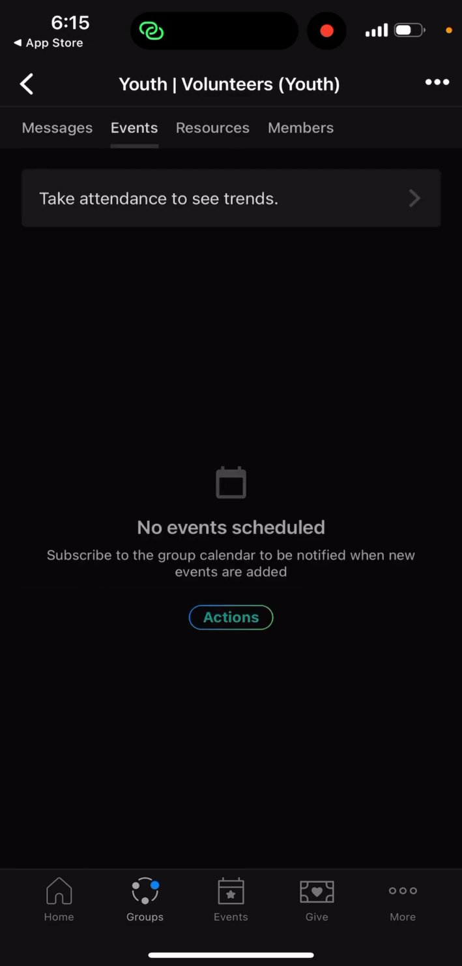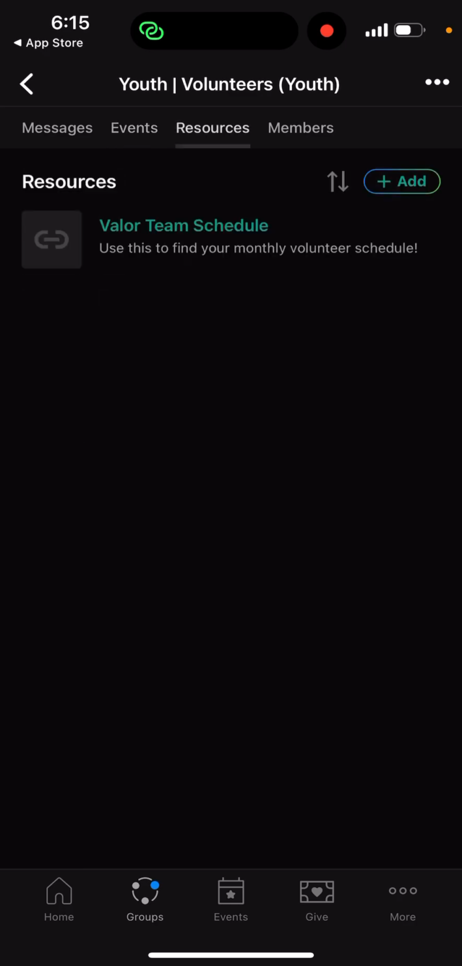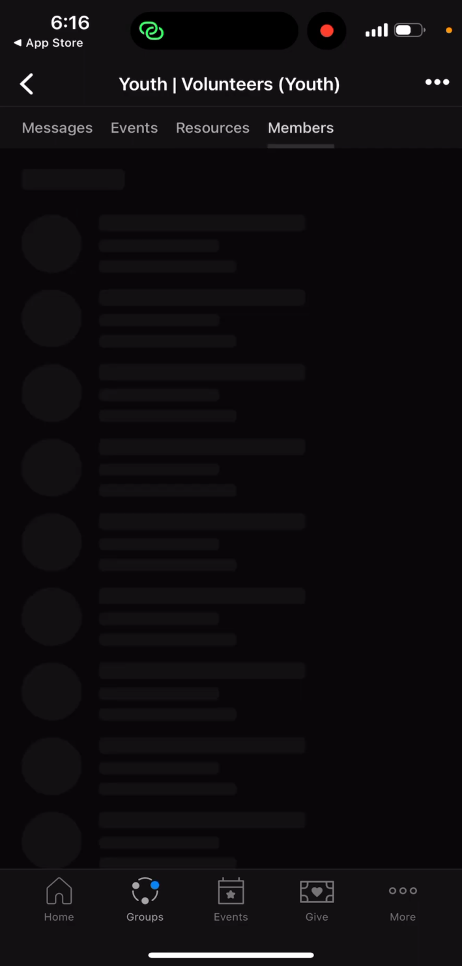We also have an events tab. We may use this for meetings and things, but as of right now, we're not using it. Okay, resources, we'll come back to this in a second, but this is where if there's any special links that we need to give you, or other resources, rules, things you need to download, we'll put it here for you guys to download. So we'll come back to this in a second, but I want to jump over to members,